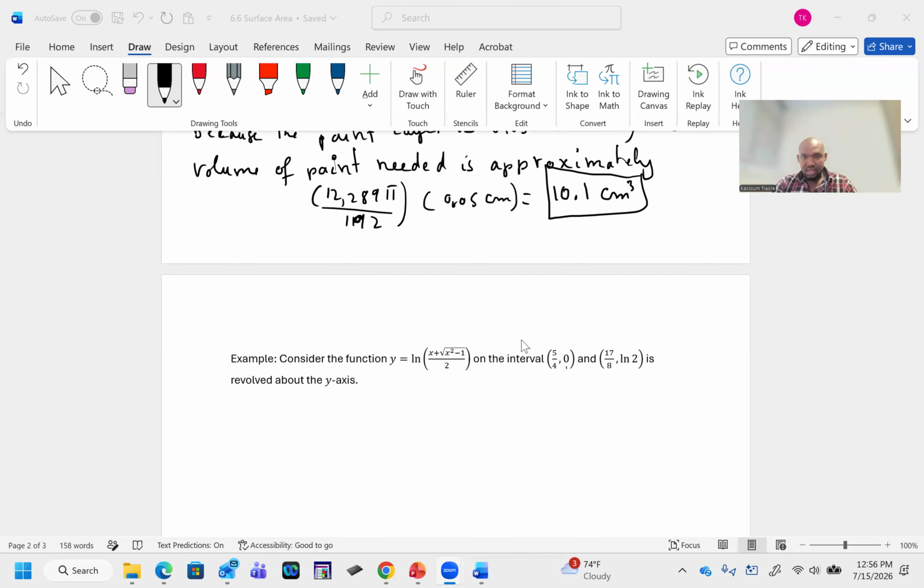Sorry, I believe this is supposed to be between the points. These are 2 points, not an interval anymore, okay? So between the 2 points,